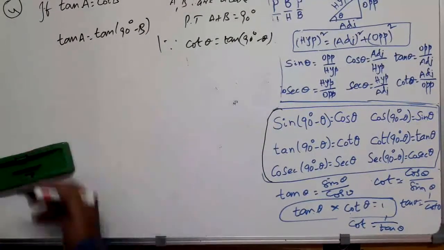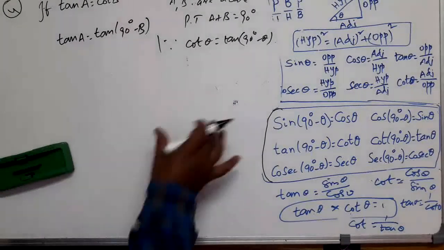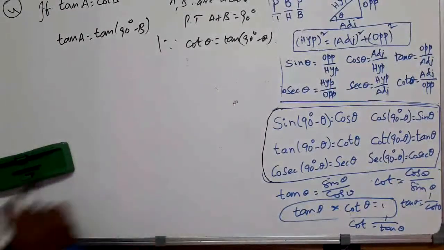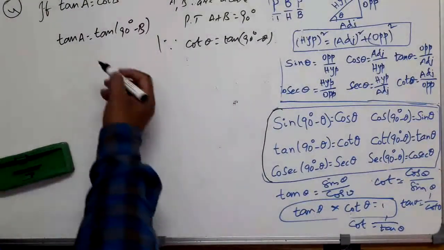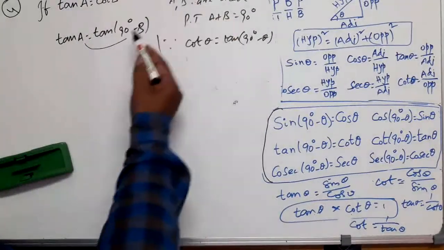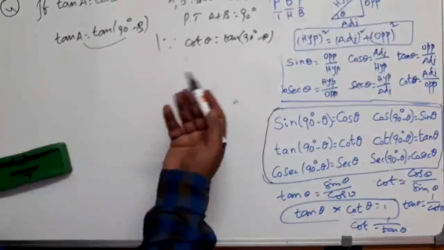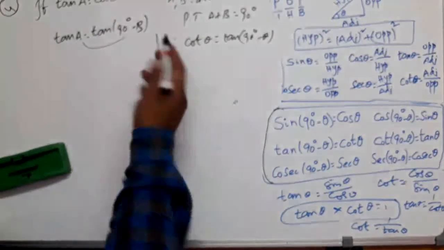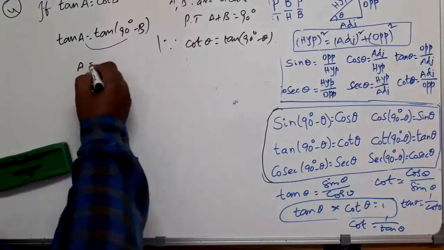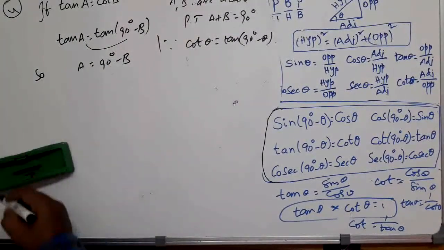Now tan A is equal to tan 90 degrees minus B. This is of the form tan A equals tan B, right? Then A is equal to B. You can use that. Here these two should be acute angles. Yes, obviously A is acute, B is acute, that is given. 90 degrees minus B also will be acute, right? Let us say if B is 30 degrees, 90 minus 30 will be 60. That also will be less than 90. Is it not? So these two are acute. So we can directly equate the angles. A is equal to 90 degrees minus B. Right?